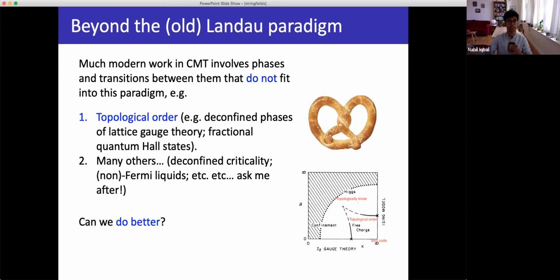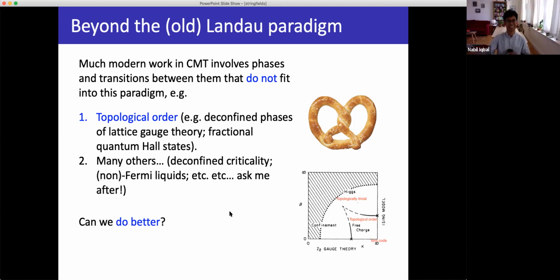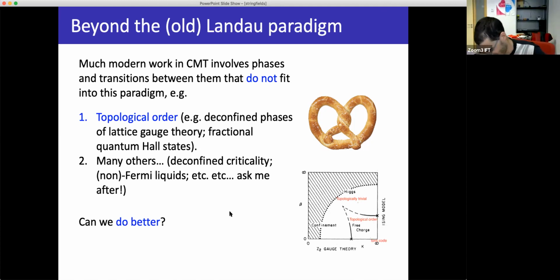I realized that I can't see the chat. But okay, there's not much there. I will pay attention to the chat. Now, okay. The only message there is just a link to your slides. Oh, perfect. Thank you. Sorry about that. Great, no worries. I just saw the one message. I thought I should look.